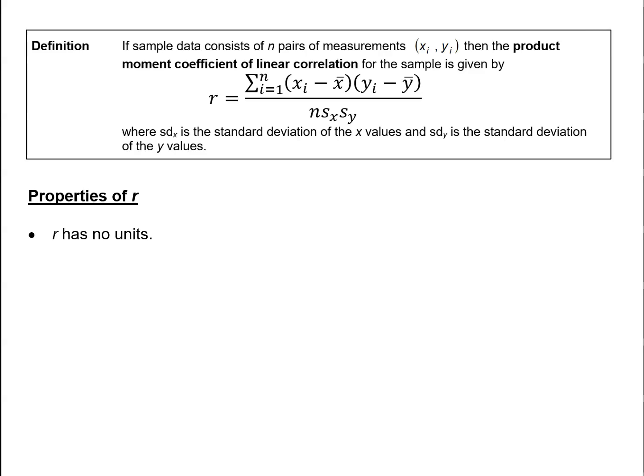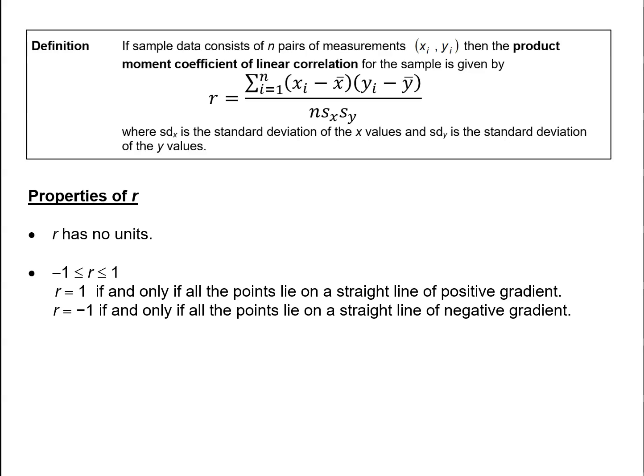First of all, R has no units at all, it's just a number. Secondly, the value of R will always lie between -1 and 1. The value of R will equal 1 if and only if all the points lie on a straight line of positive gradient. The value of R will equal -1 if and only if all the points lie on a straight line of